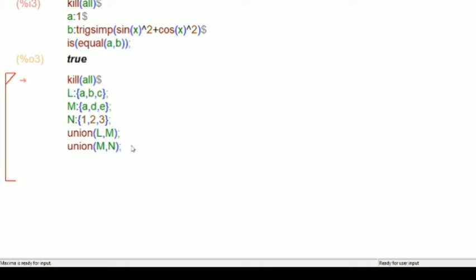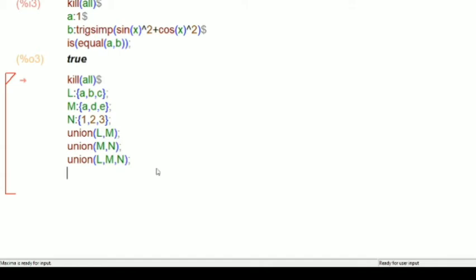Just give enter. Next, we want to find L union M union N. Right? You can write everything in one line. It will display, because after semicolon, it takes the next one as the next executable statement. So there will be no problem if you write in a horizontal line also. Right?